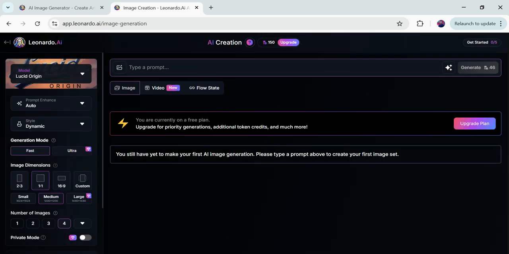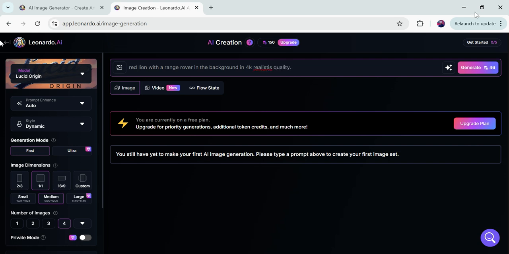I will here write a prompt like red line with a Range Rover in the background. So I have written this prompt and now I will write it in 4K realistic quality.